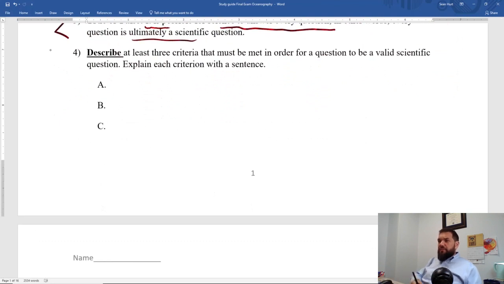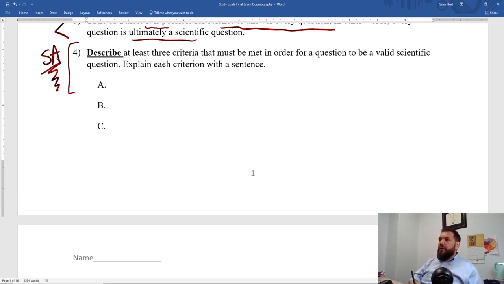All right, now this is a very important question. This is going to be a short answer. Now, you know how your tests go. You get a question bank, right? Everything that you see on this study guide is at some point going to be on the question bank. You're going to get a random drawing of about 90-something questions from this bank, right? You're going to get between 4 and 6 short answer questions, and they're 4 points each. This is one of them. That's going to be on the question bank.